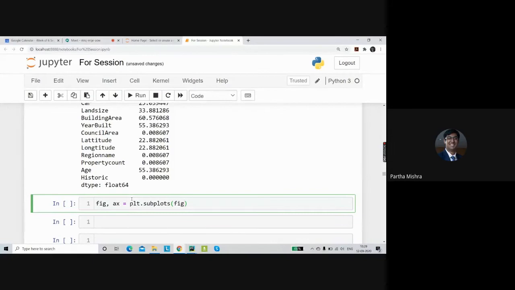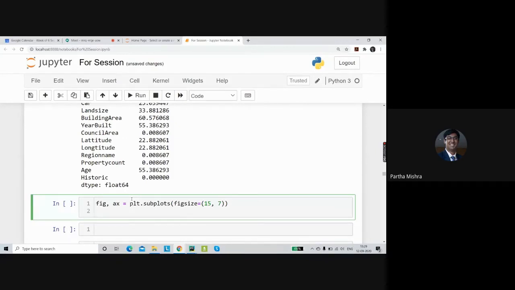And here let's declare the figure size as, let's say, 15 by 7. In Seaborn, let's set the font size to be 1.2 times the regular value, so font_scale equals 1.2.